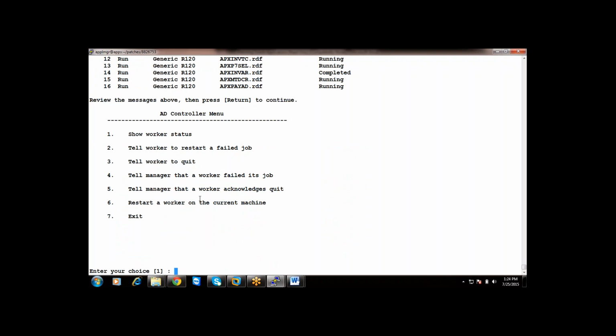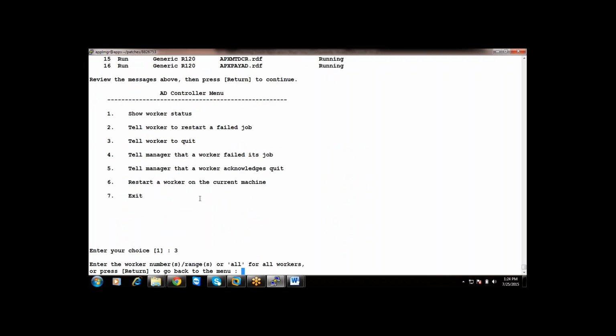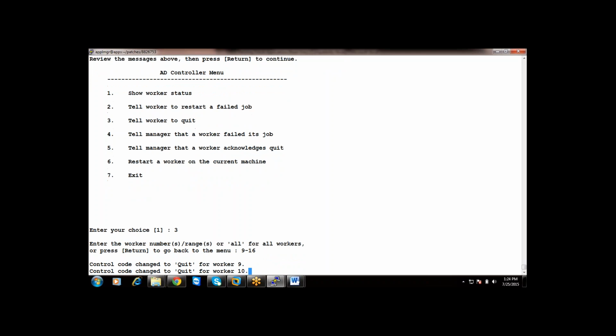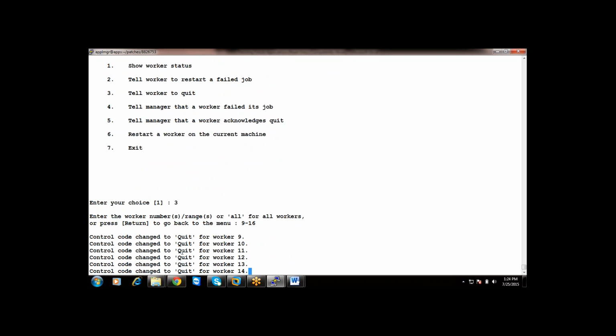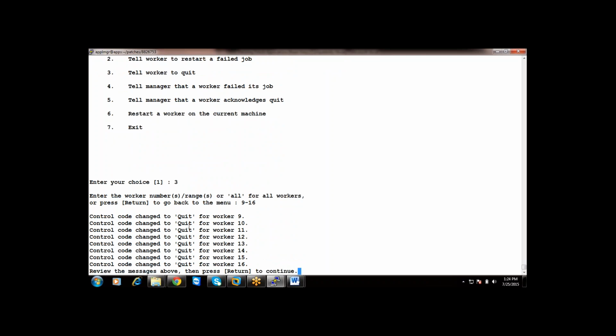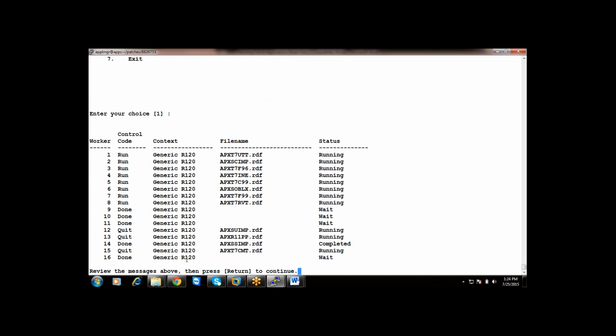I am going to the third option. I'm quitting workers 9 to 16. See, the control code changed to quit for worker 9, worker 10, 11, 12. It is finishing its job and changing the control code to quit. Now show worker status.